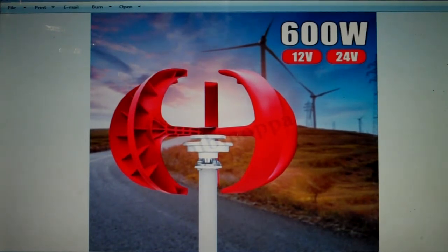Yesterday I had pretty good wind. I've got one of these vertical and I've got one horizontal. The horizontal was spinning like crazy with 20-mile-an-hour winds. You couldn't even see the blades, it just looked like a blur, and it was producing about 15 to 16 amps. The vertical one was spinning like crazy too, but I could still see the blades. It was producing nothing. So basically the conclusion I've come to is you can do all the reading you want to on the horizontal axis wind turbines,